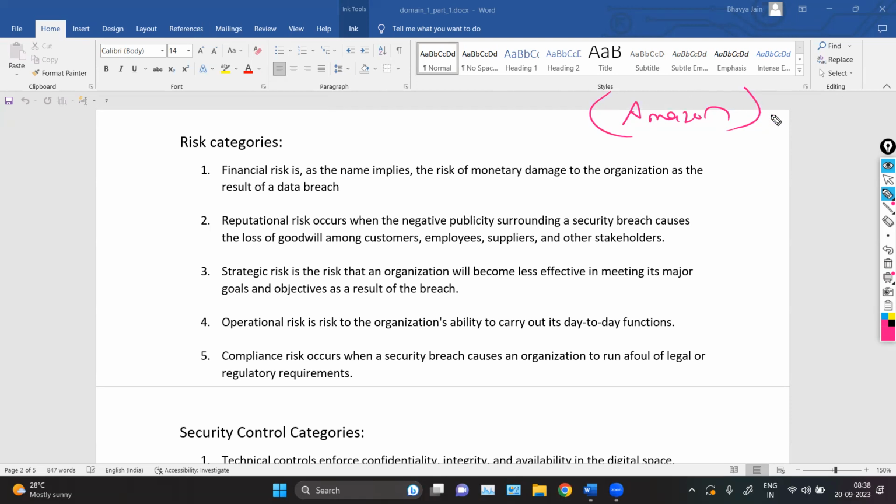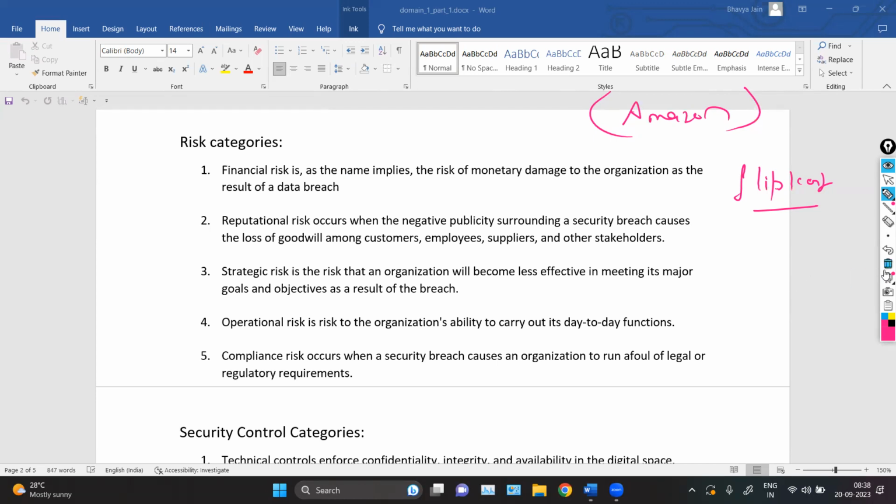So now instead of using Amazon, I will use Flipkart, right? There are various alternatives for Amazon, so I will use Flipkart for that. So the reputational risk is also there for the Amazon company because of that same data breach. So that is reputational risk, when there's a decline in customers, or when there's negative publicity of any company because of any incident, that is known as the reputational risk.